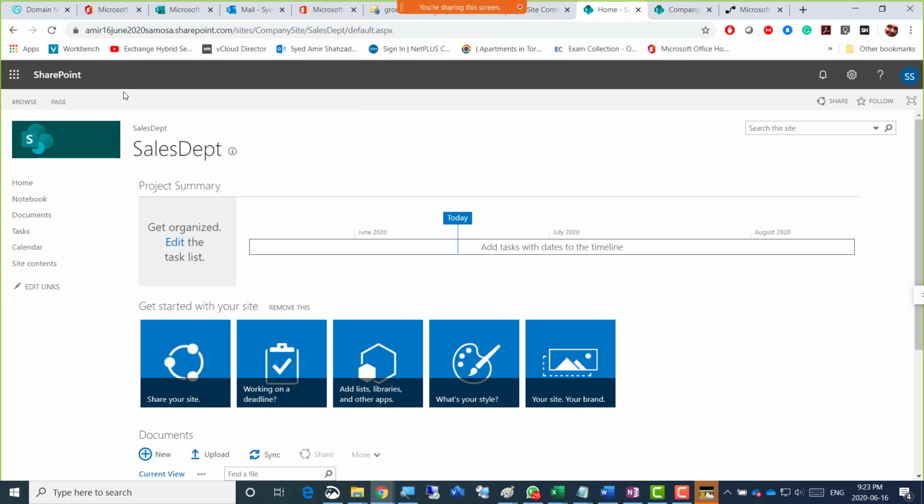But the back button could only take us back. So suppose somebody directly opens this site. Somebody was given this URL and directly logs into this. But that person wants to go from here to the parent site. The link is not there. So let's click the home button. Will this take us to the